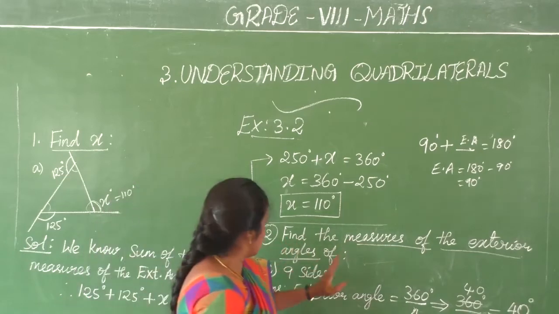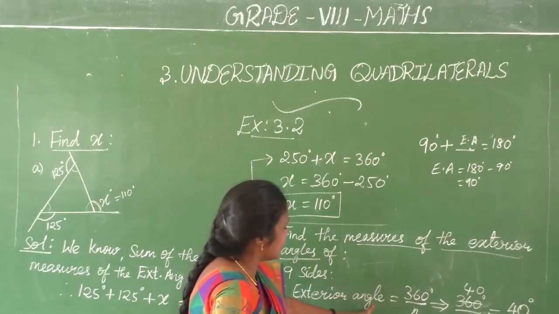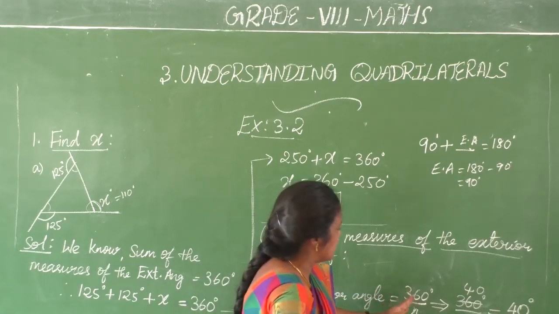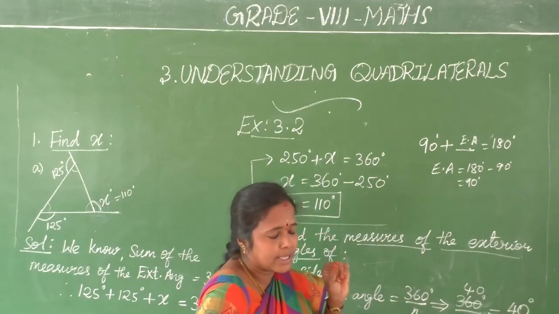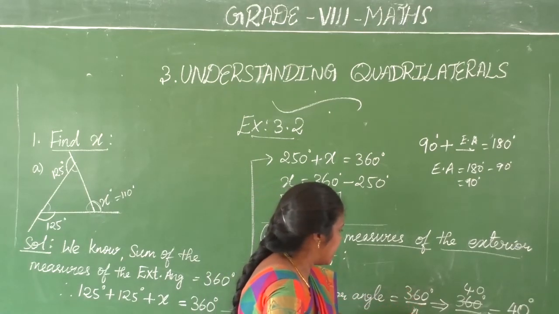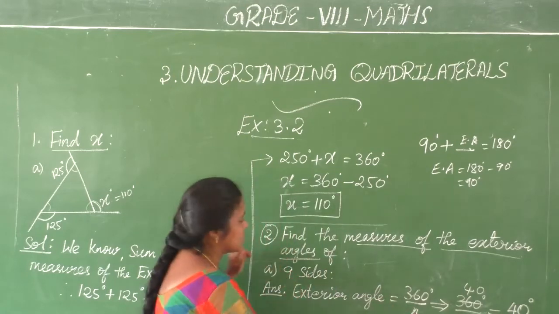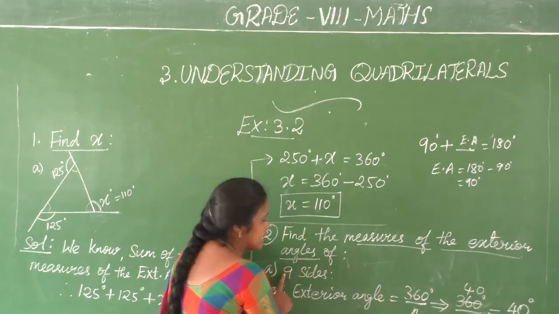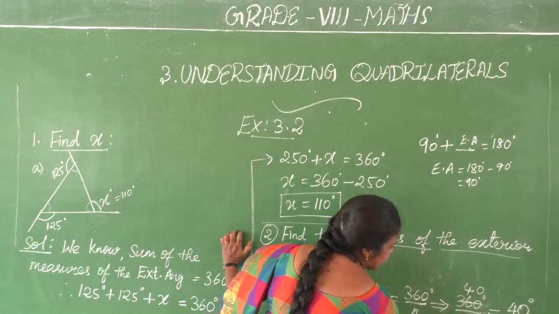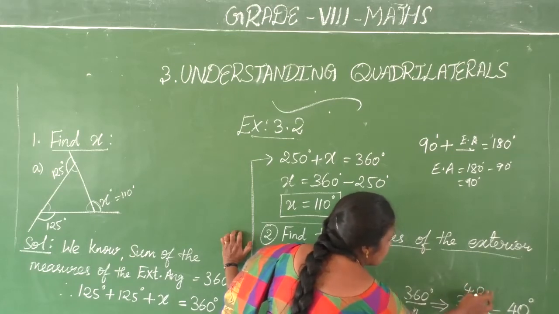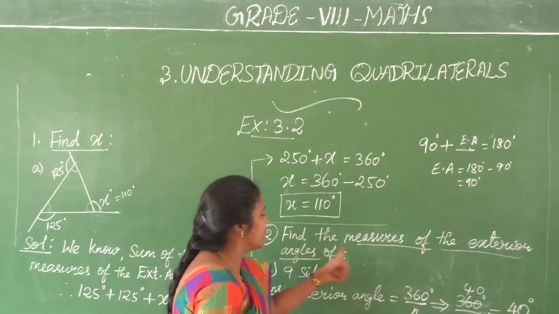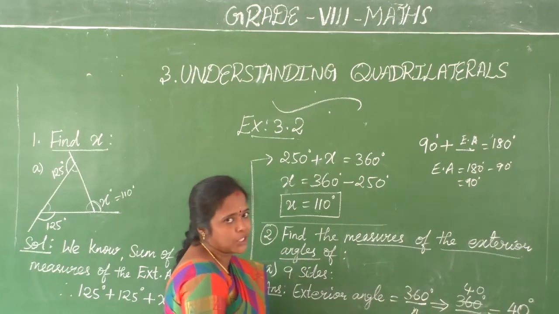See, find the measure of the exterior angle of 9 sides. Exterior angle means, how to find the exterior angle? Using the formula. What is that? 360 degree by N, for finding any exterior angle of any regular polygon. N stands for number of sides. So N side is given in the question. So, 360 degree by 9. If you cancel by the 9 table, 1 9 is 9, 4 9s are 36 with 0. So 40 9s are 360 degree. Therefore, each exterior angle of a 9-sided regular polygon is 40 degree. Understood?